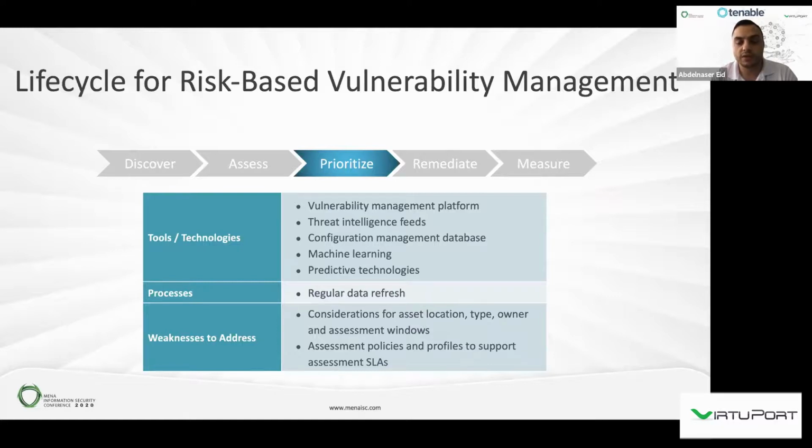So we have to have something to prioritize and tell us, okay, start with this asset first because it's more important for the business. Then if you have time, go again to the other assets. So we have to differentiate in our remediation procedure between assets, even if they have the same level of vulnerabilities, or let's say